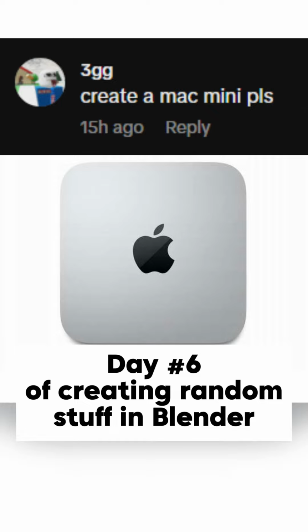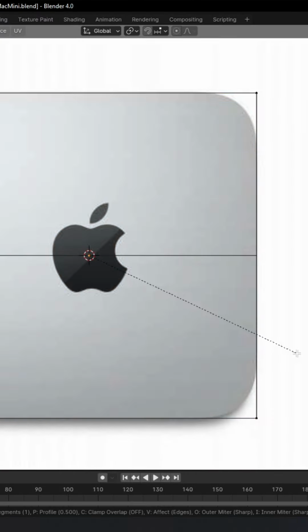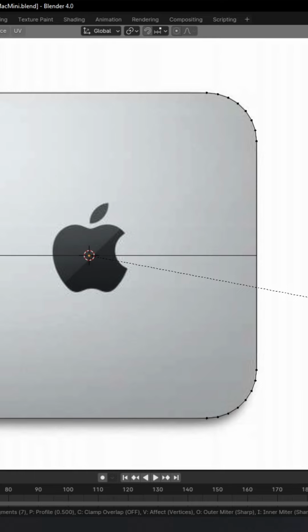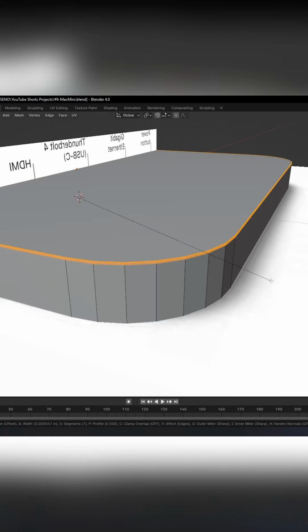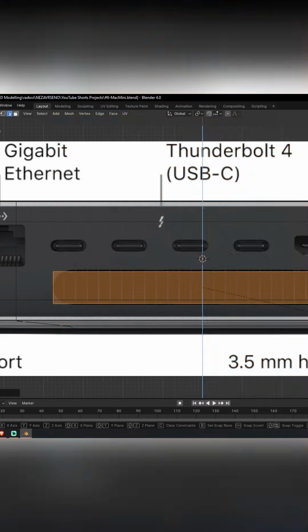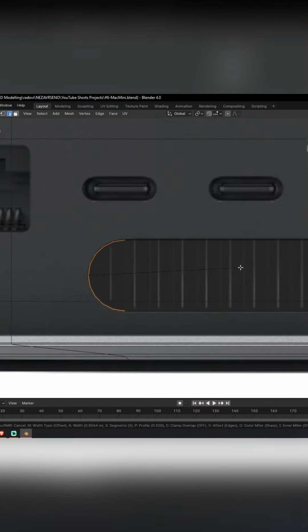Day 6 of creating random stuff in Blender. I started out by lining up the cube with the reference images and beveled the corners. Then I extruded the bottom part and beveled all of the edges. I added another cube, lined it up with the vent, then beveled the corners and used it as a boolean